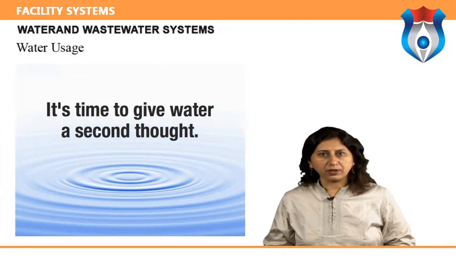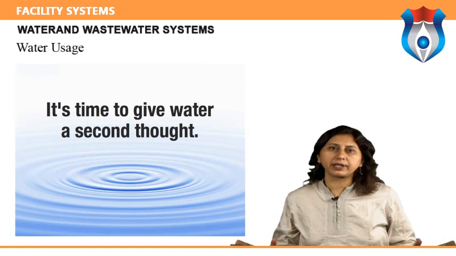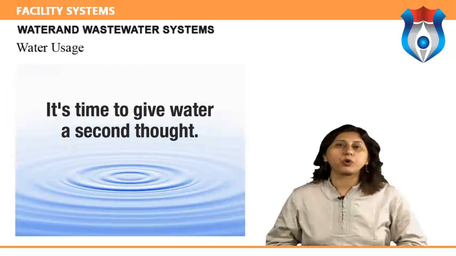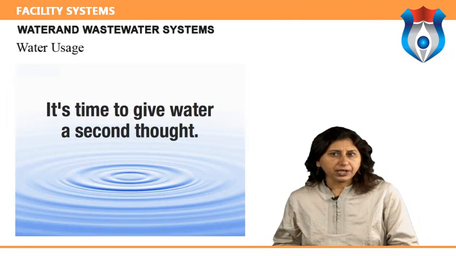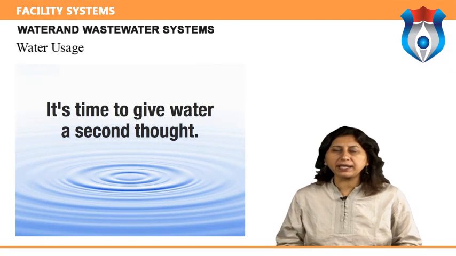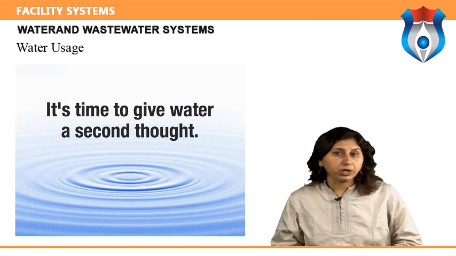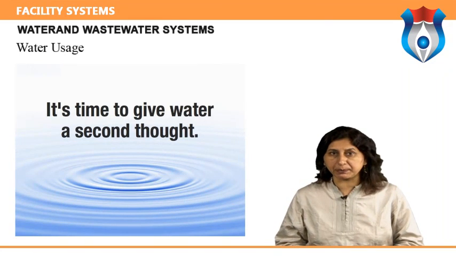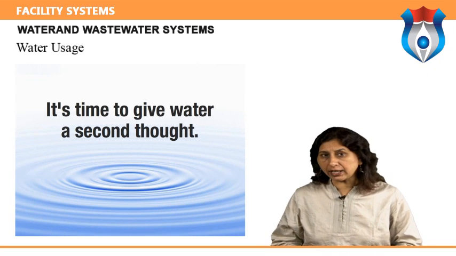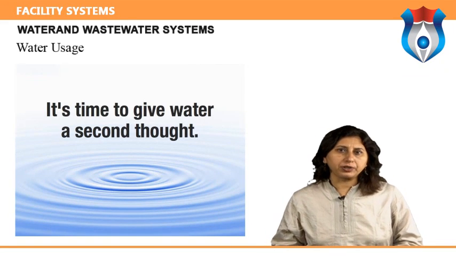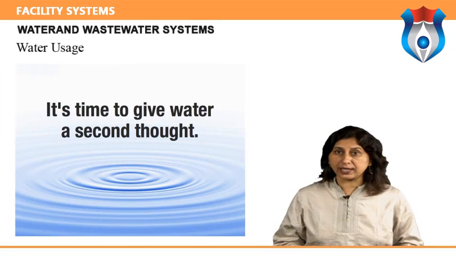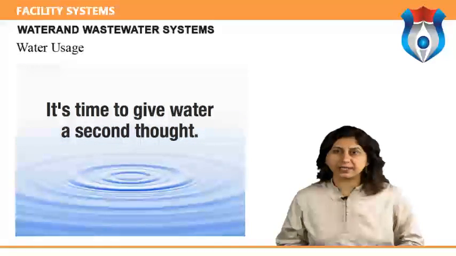Water usage. We use large amounts of water each day as water serves many different purposes. We use water to drink, to do the dishes, to take a shower, to flush the toilet, to cook dinner, and for many other purposes. But water is not only used for domestic purposes, humans also use water in the industries and in agriculture. In agriculture, water is mainly used to water crops, but in the industries, it serves many different purposes.